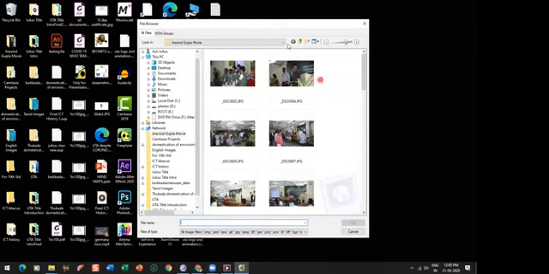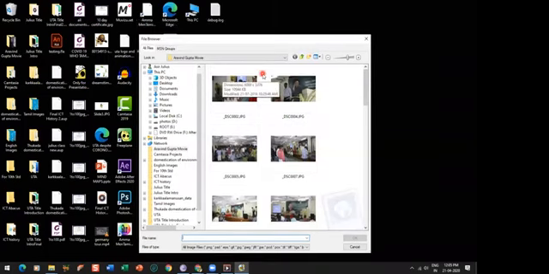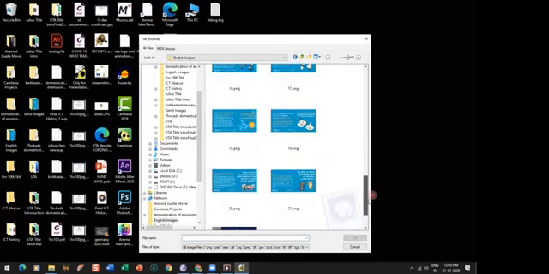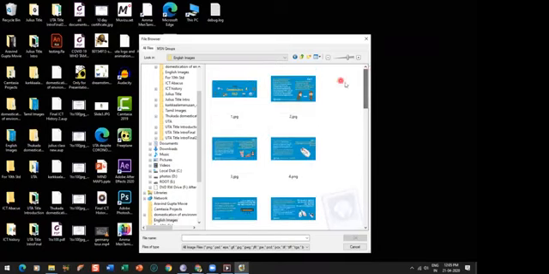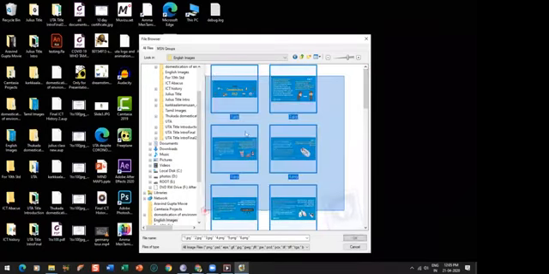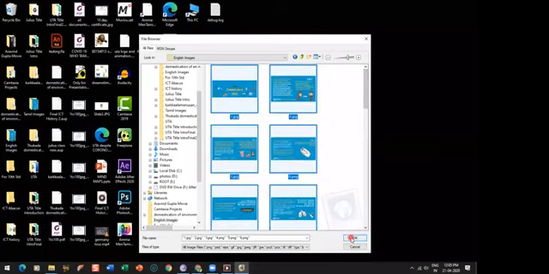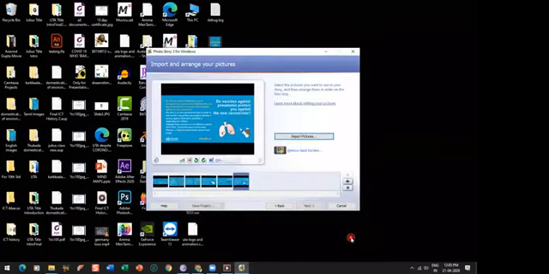Likewise, you should also have a clear view in mind of what kind of story you have to create. Now I'm going to take these coronavirus awareness pictures. I have selected 6 photos, and if I want, I can select all the photos which are available in the folder. So I am just clicking OK, and I can also press next.